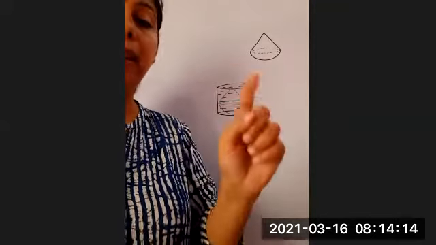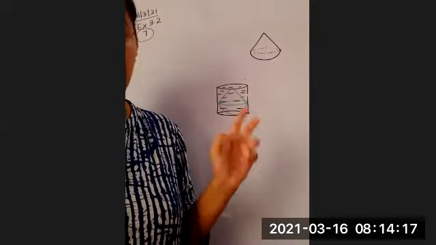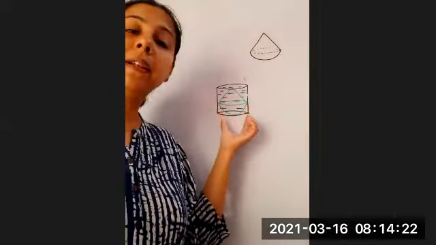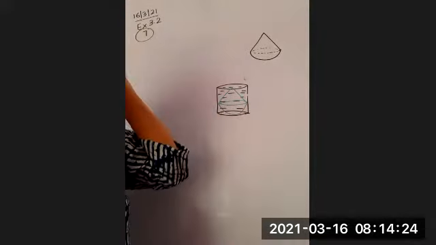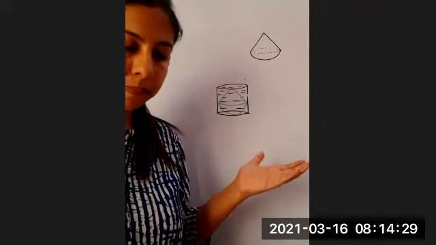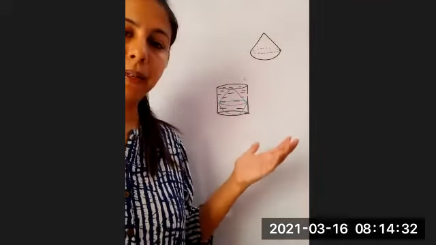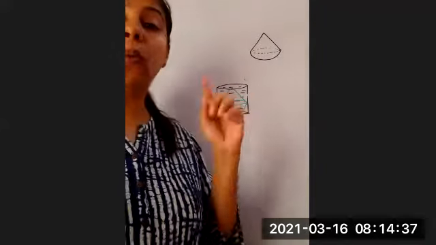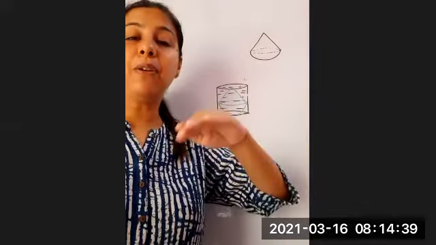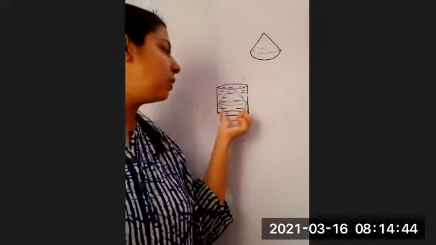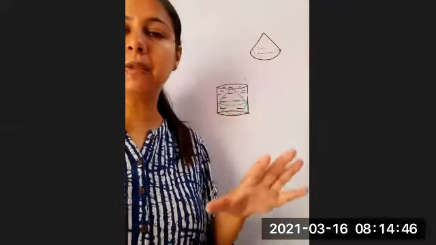Now the question is, find the volume of water left in the cylinder if the radius of the cylinder is 60 and height is 180. So how to find the volume of water left in the cylinder? Volume of cylinder minus volume of cone, and we know the amount of water which has flown out. The amount of water which has flown out is actually equal to the volume of solid by Archimedes principle.